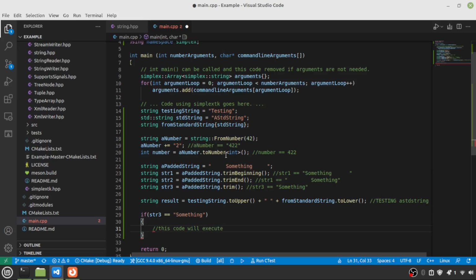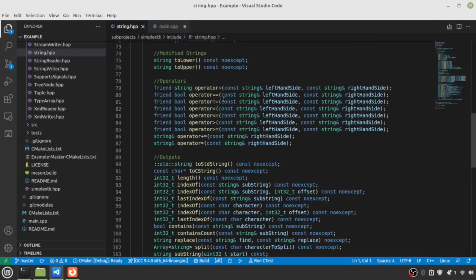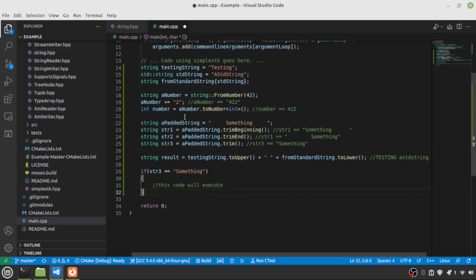This code will execute because it does equal that. You can do not equals. And let's see here. There is length. So let's talk about that briefly. If you were to do this,